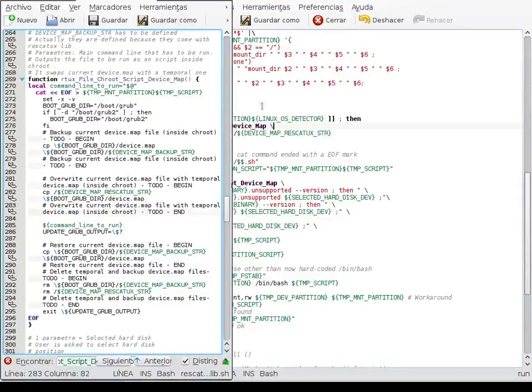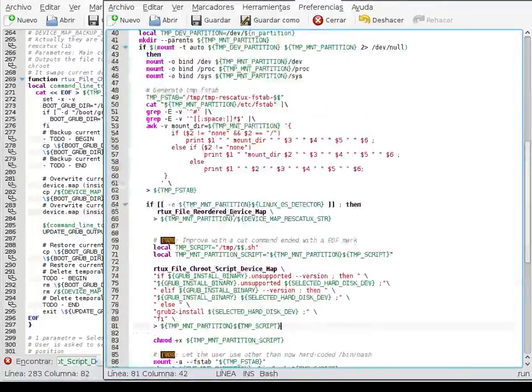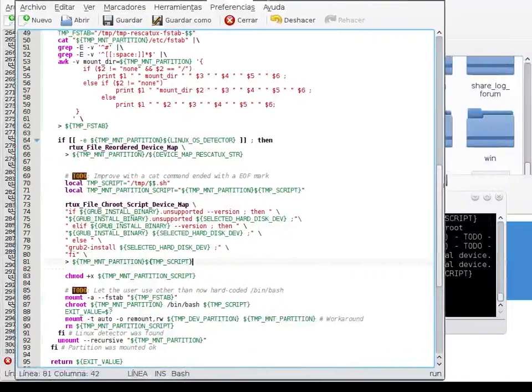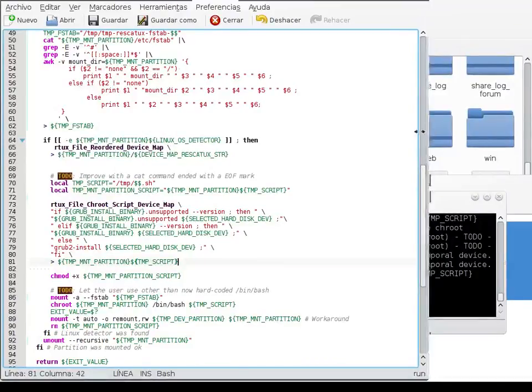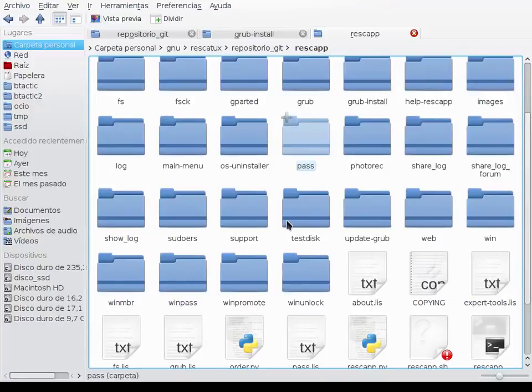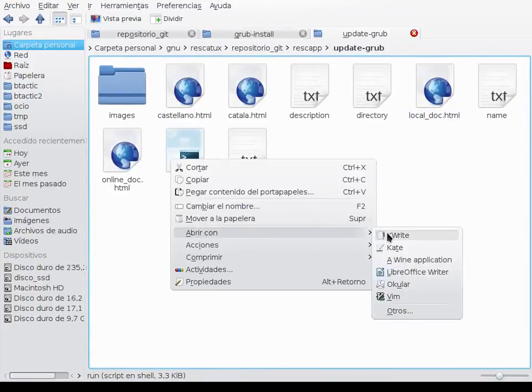So update group is not going to work, so I need to replicate this here. First of all we are going to replicate it on the update group script, let us say. So update group run, let's open it,